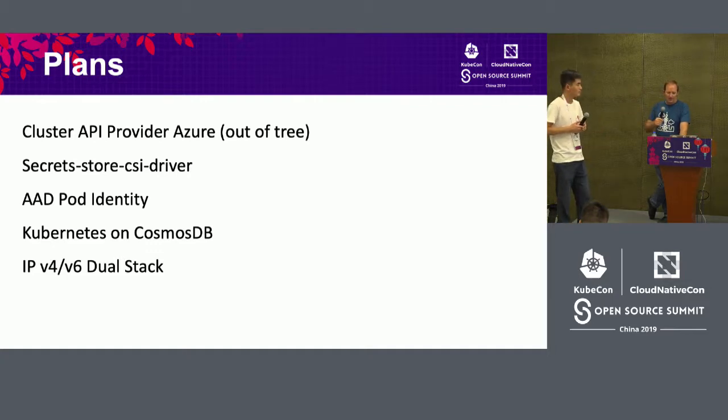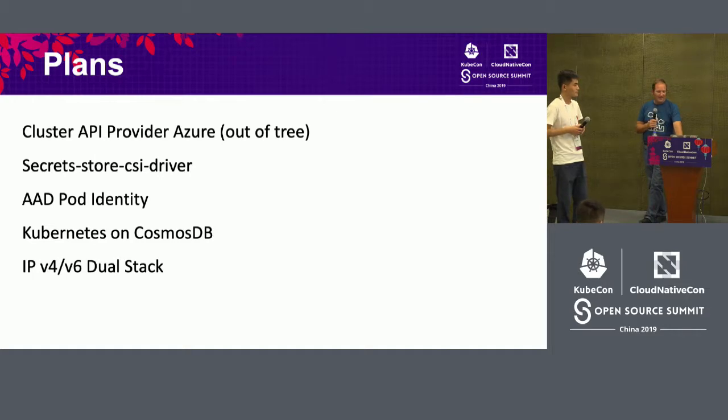We're going to go into these in a little bit more detail in a minute, but we're also working on the ability to expose secrets through the storage interface, the cloud storage interface, as a driver, as well as exposing the ability to use Azure Active Directory to identify and authenticate services running in your pods. And two other really cool things, which are the ability to leverage an Azure service called CosmosDB, Azure etcd for your clusters, which will give you scalability and cross-region cluster federation, which is going to be very interesting.